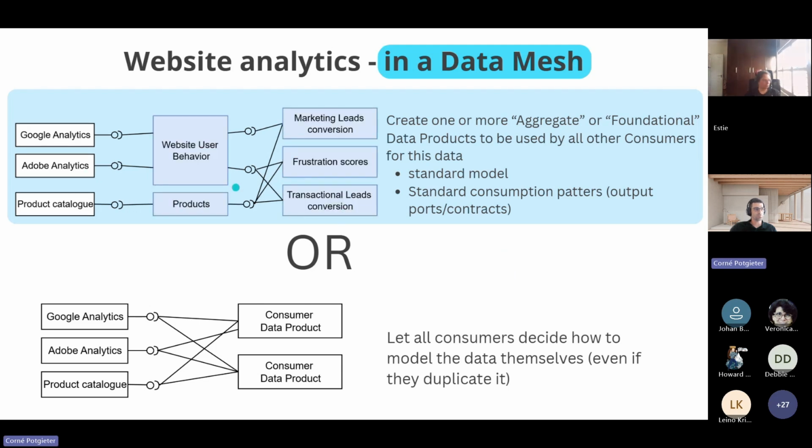We will have a foundational data product called website user behavior, utilizing the data from Google and Adobe, joining them and publishing them as a shared foundational data product. We will have a product data product from the product catalog, and then we will have the consumer data products using the data from these foundational data products rather than having these three consumer data products all reading the source data themselves.